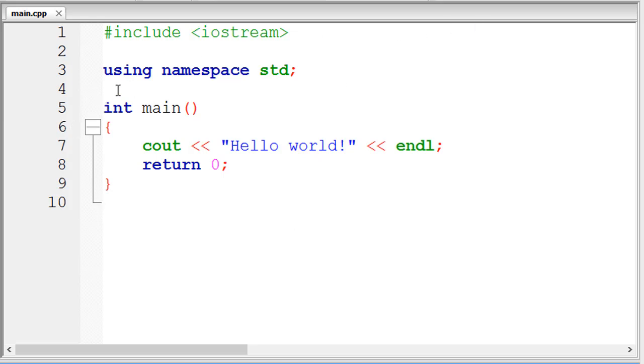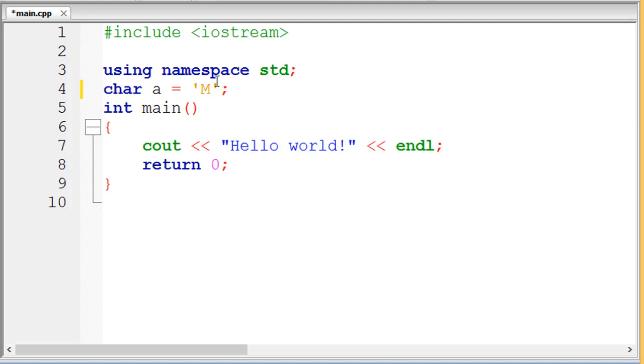So the first scenario of using the scope resolution is when we differentiate between the local variable and the global variable. So what are global variables? Basically, when we define some variables outside the main, outside the class, this is called a global variable, right? So let's define the global variable. Char a is equal to m. This is the global variable.